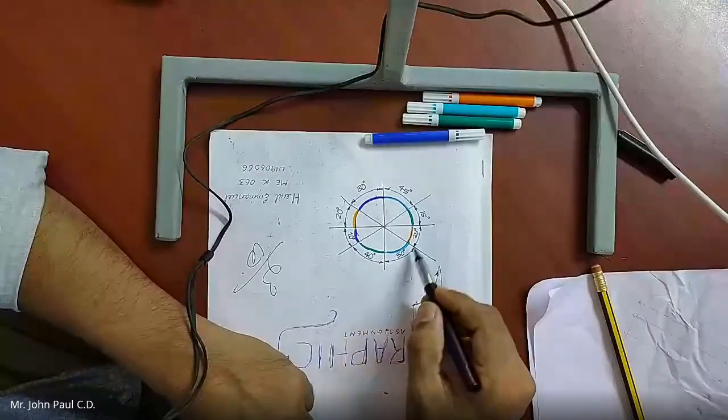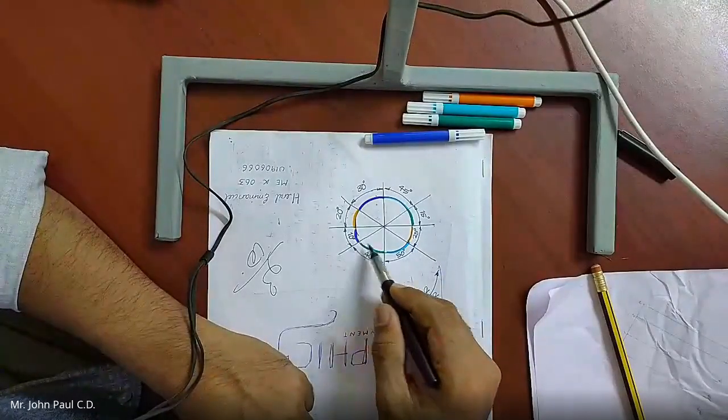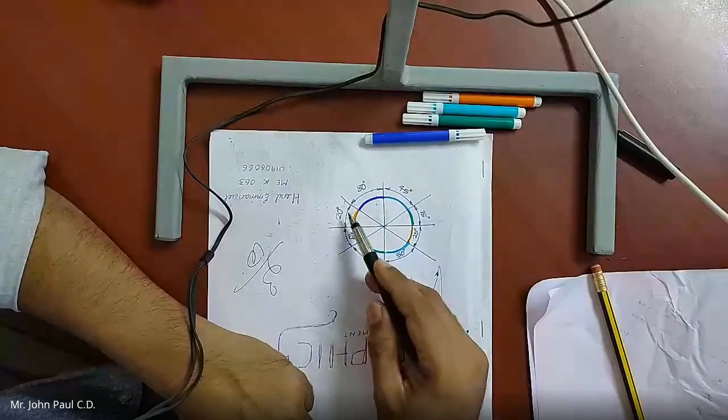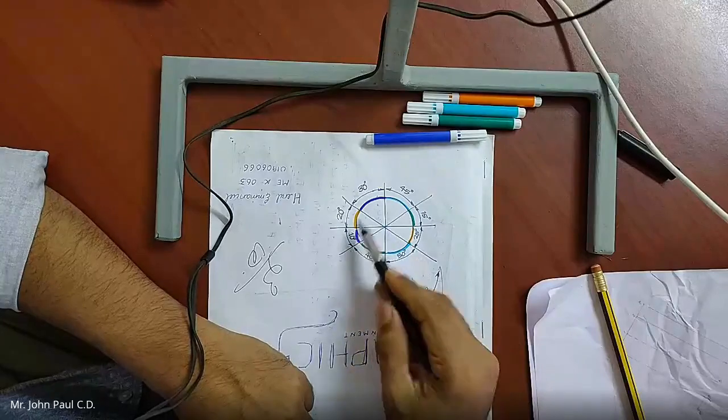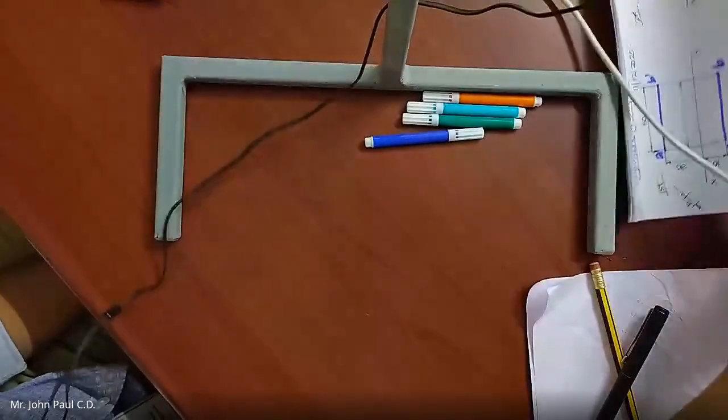So here all the dimensions are written above the dimension line. Here also it is written above the dimension line. Not outside or inside. It should be above. Okay, sir. Thank you. So you can continue that, and please let me know what